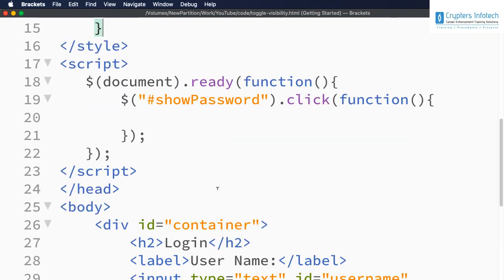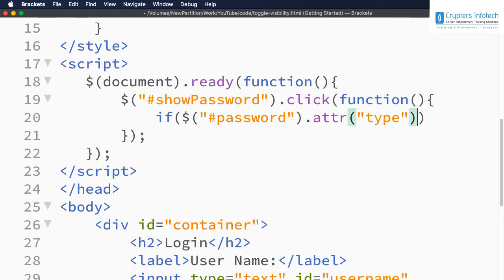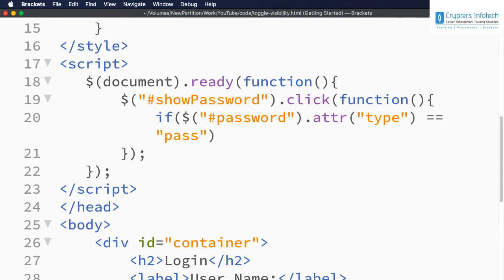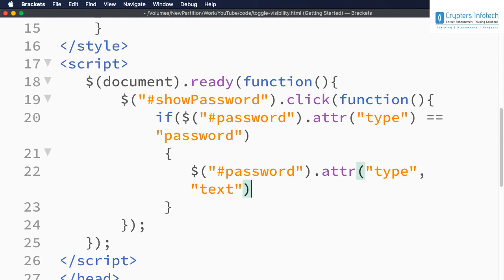So here, if $password dot attr of type equals password, which means that the value is hidden, in that case what we will do, we will set the value of type to be, let me copy this, let me paste this, and in that case we will set its value to text. Then the password will be shown, and also we should change this text, that is the text of this button, to hide. So